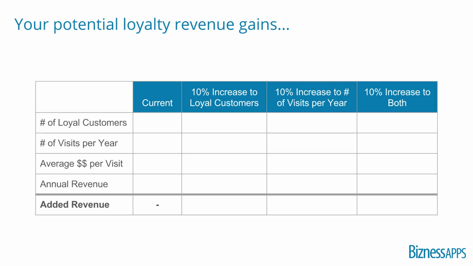And then on the next slide is where you ask them 3 questions. How many loyal customers do you think you have? How many times per week or month do these customers come in? And how much do they usually spend? And you write those numbers down, and then you add it all up